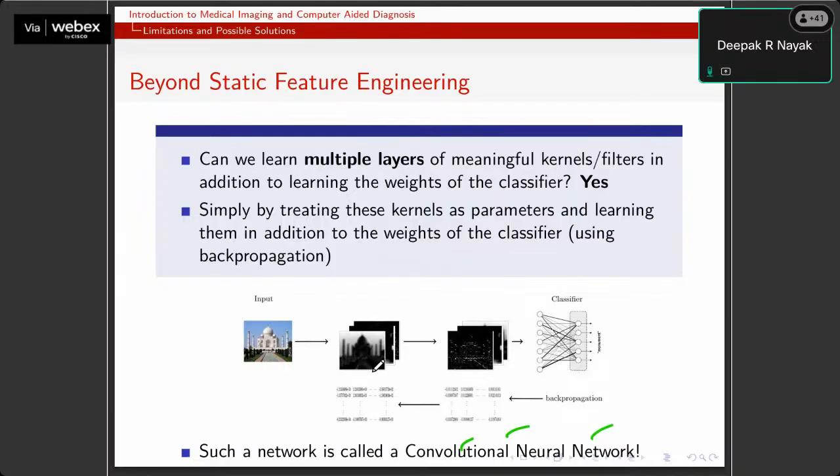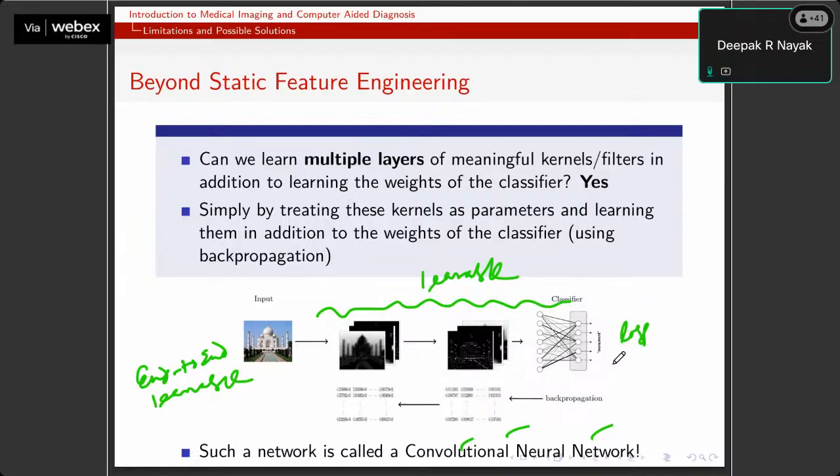Here your task is not to use a feature extraction algorithm or a fixed kernel, rather to learn the kernels along with learning the classifier. That means we want to make the system end-to-end learnable, where you pass one input at one end and get the output at the other end. You get the error, or the loss, at the output, and this loss will be propagated to all the layers because all the layers are trainable.